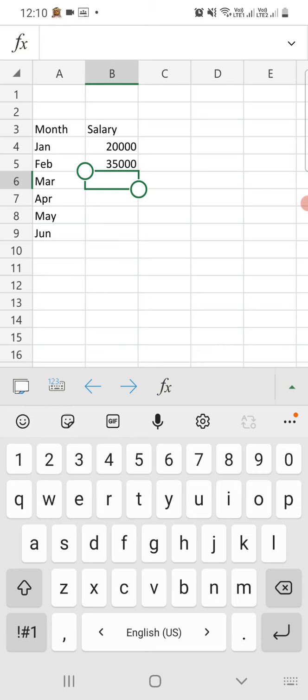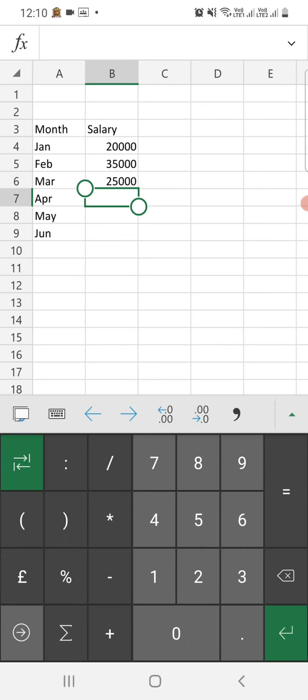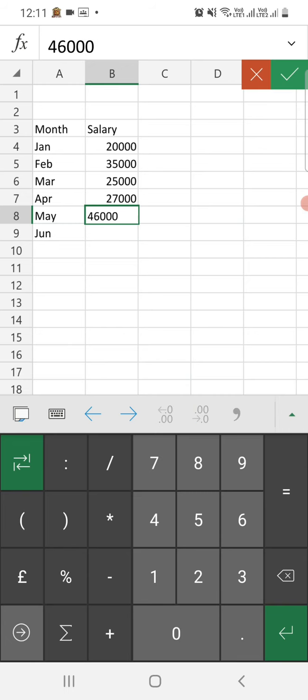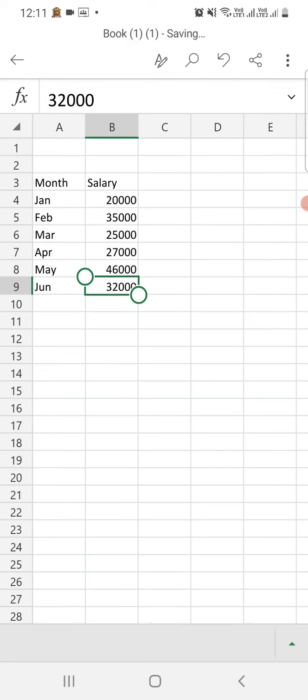Next cell, 25,000. Next cell, 27,000. Next cell, 46,000. Next cell, 32,000. Okay, so we have already filled up the data.